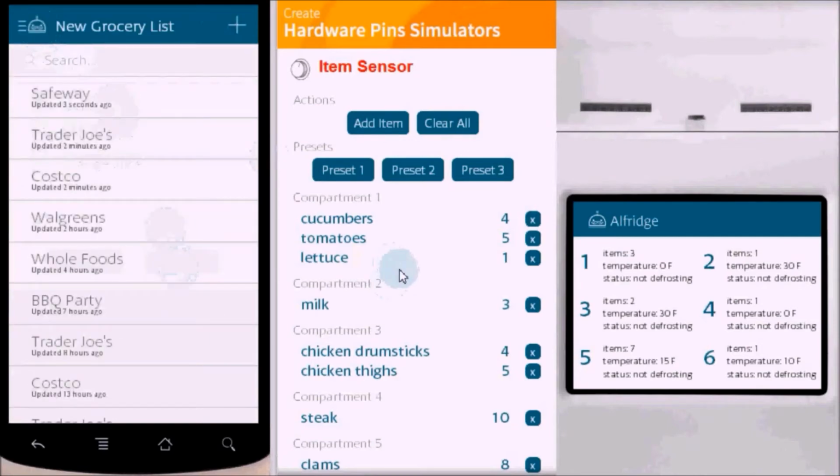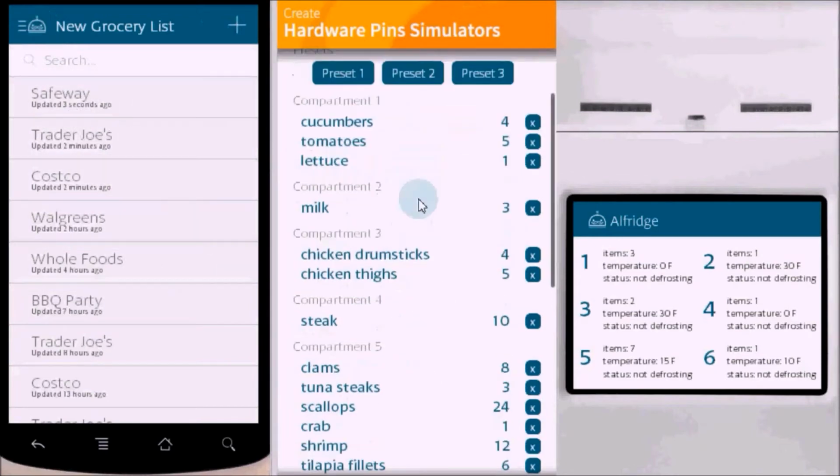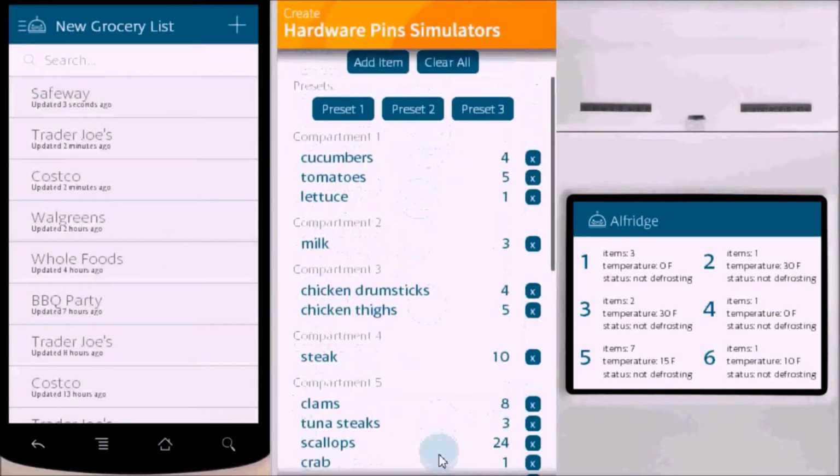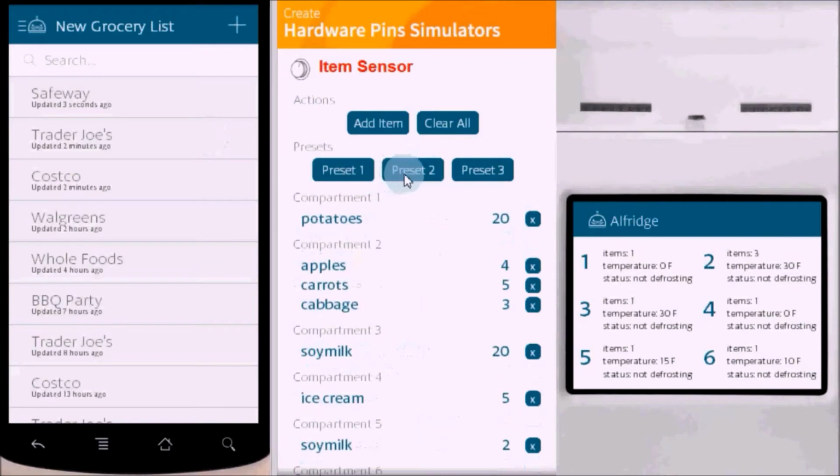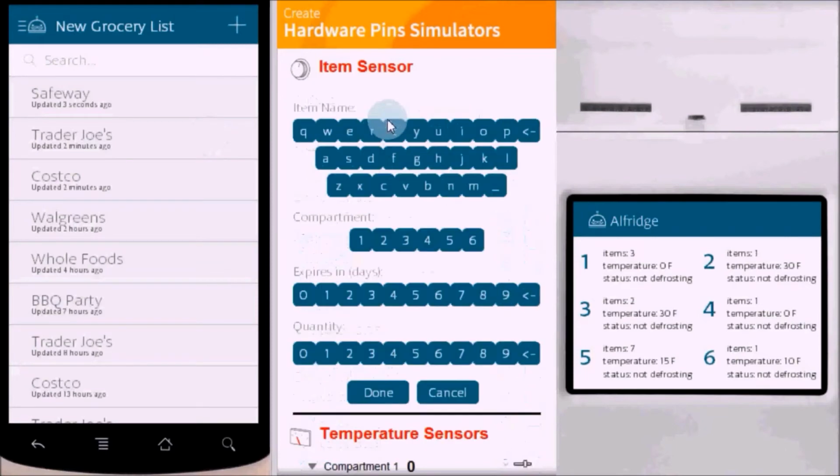Moving on to the simulator, our device simulator consists of an item sensor and a temperature sensor. The item sensor simulates the refrigerator, sensing all the items, quantities, and expiration dates of the items in the refrigerator. The simulator has its own interface, which you can set to one of the presets. You can also add an item,